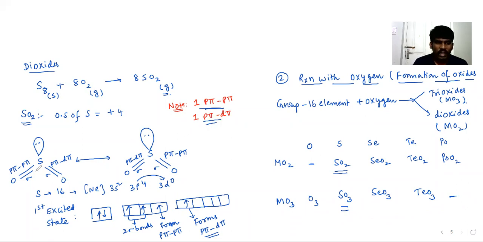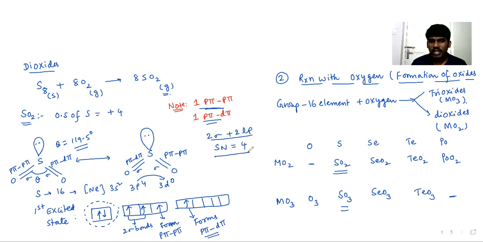And the bond angle, I do not have space here, that's why theta is equal to around 119.5 degree. This is the lone pair that you can observe on the top, on the apex of the sulfur. And hybridization, how many sigma are there? 2 sigma, 2 lone pair. Steric number is 4. So hybridization is sp3, supposed to have a shape of tetrahedral.